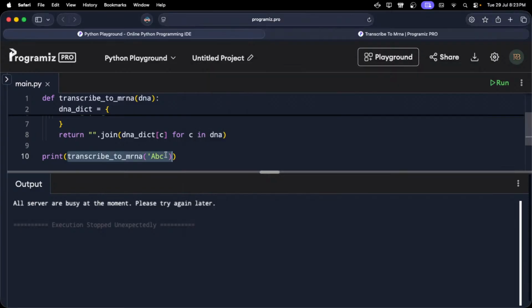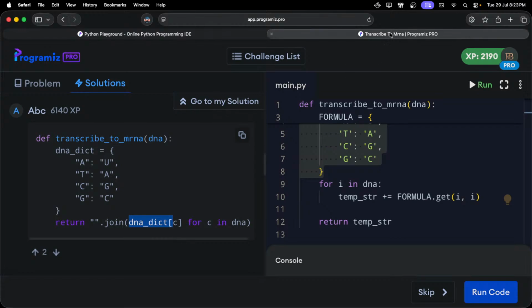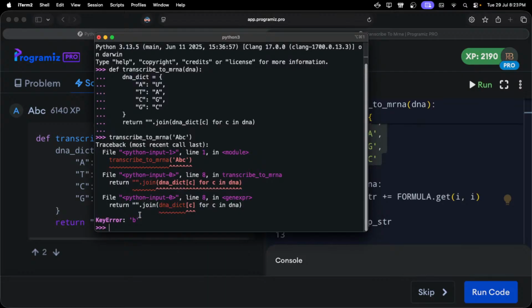You see B, so there will be a key error. I don't know why it passed over here. This is not a good solution in my opinion, because whenever you are passing it like that, in this function you're giving a, that's fine. If you're giving b, it's not over here, right? So it will give key error, that's it. That's a basic functionality of a dictionary,